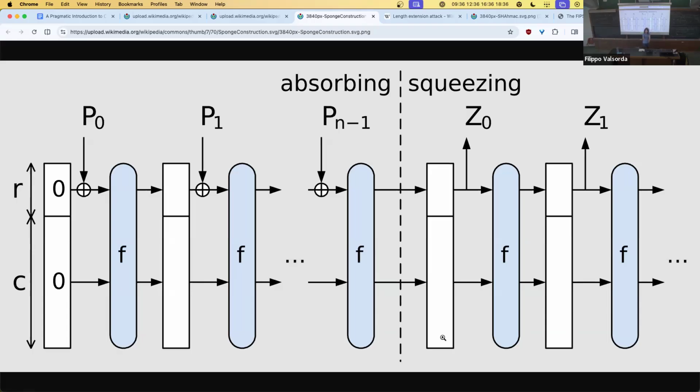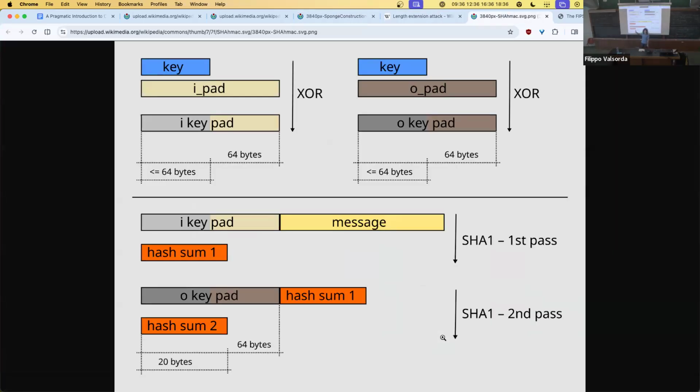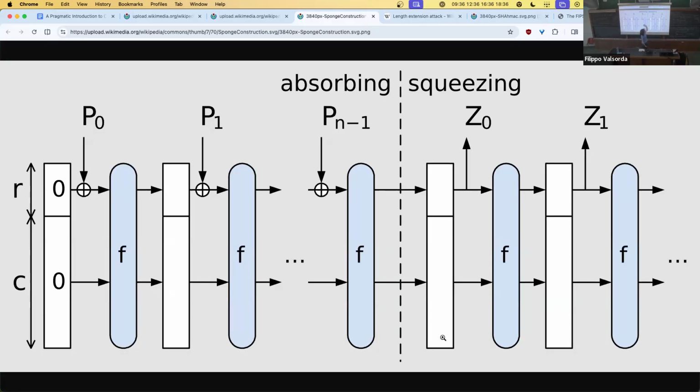A hash has a single output size, and HMAC has a single output size, which is the size of the output of the hash. But XOFs simply don't cut off here. Usually when you're using a sponge as a hash, you just stop squeezing after you got the output size you want. You can just keep going. And not only can you just keep going and build that extendable output function, you can build a cipher out of it. This is a bit of a preview of tomorrow. But can you imagine how to build a cipher out of a sponge?